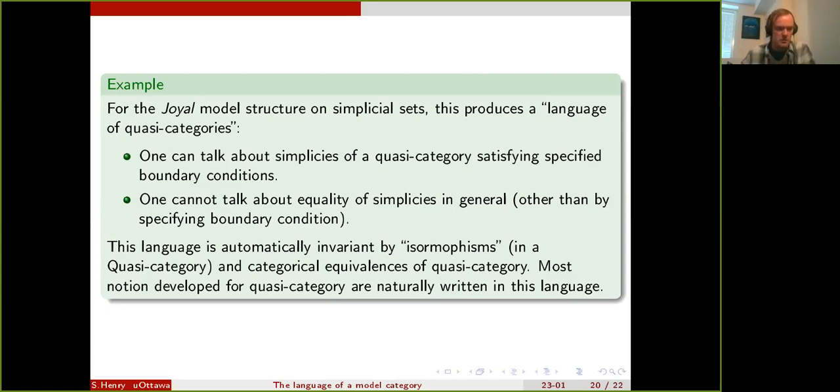So for example, if you use complete Segal spaces as bisimplicial sets, then you will get this language where you have two different types of simplices, one corresponding to the topological direction and one to the categorical direction. So you will actually get a richer language where the notion of invertible cell is already present using the topological direction, without having to be defined